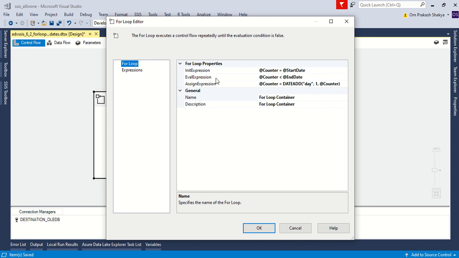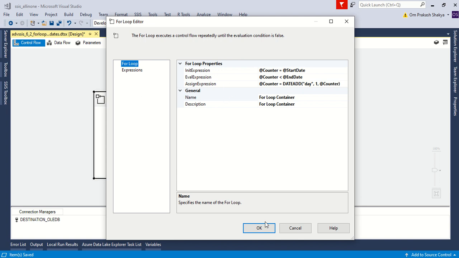Then the evaluate expression checks whether the counter is less than end date, and the assign expression sets the counter equal to adding a day to the counter. So it will loop from the start date while the counter date is less than the end date, incrementing by 1 day.